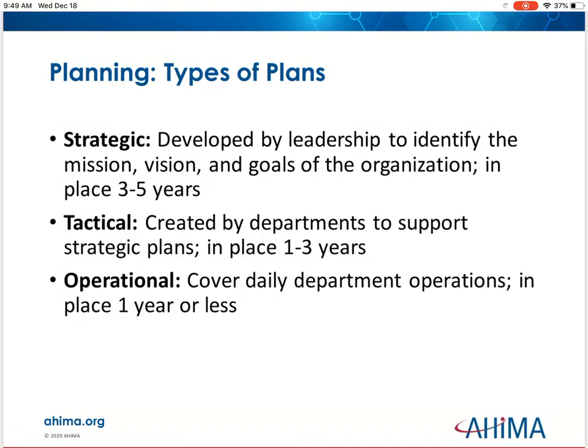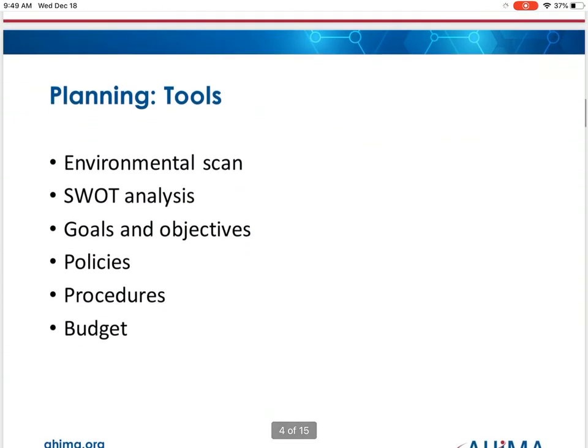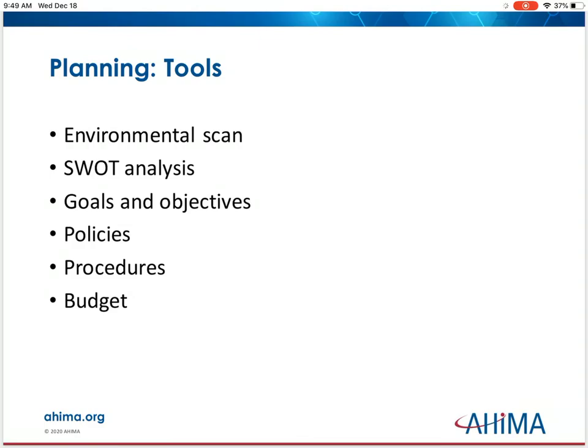It says regardless of whether the planning is done at strategic, tactical, or operational level, there are activities and tools that contribute to the success of any plan. And then we're going to talk about those planning tools. First one is an environmental scan. So this is a systematic and continuous effort to search for important cues about how the world is changing outside and inside the organization. Now, this environmental scan is done at any level, and it should also be done early in the planning process to gather data that will impact the creation of your plan.